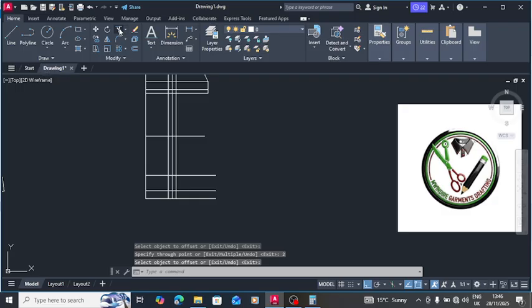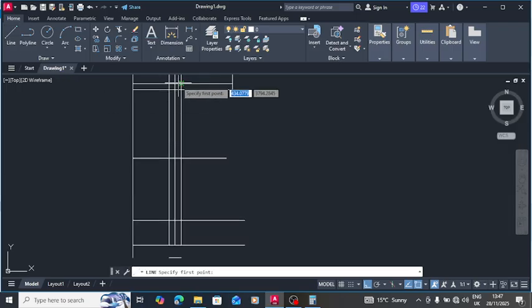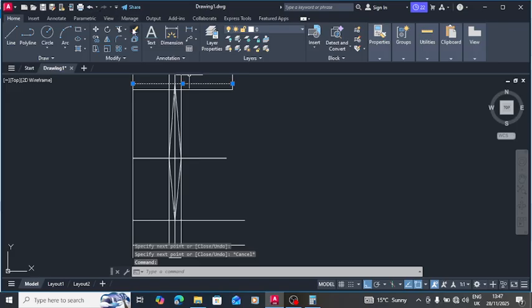Then I'll, to avoid the confusion, I can draw my dots from there to that point, to that point, that point, back to that one. Escape. Then I'll do away with that,